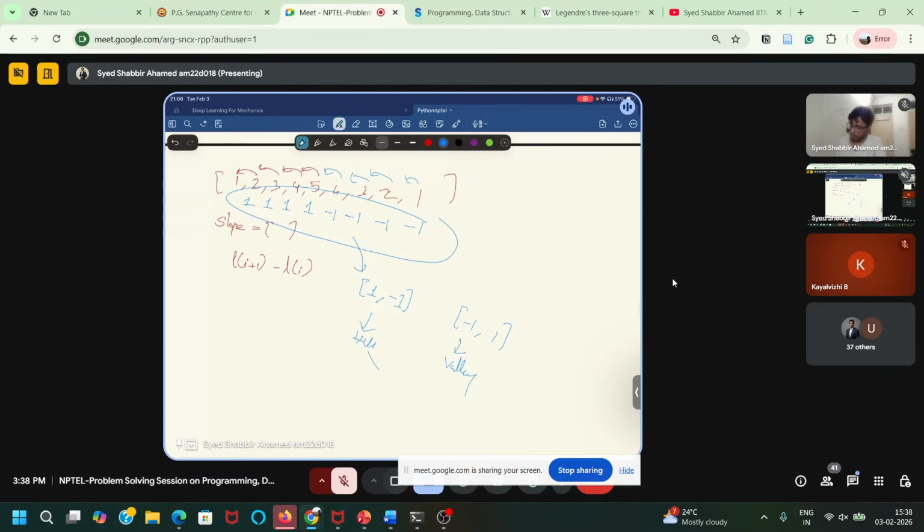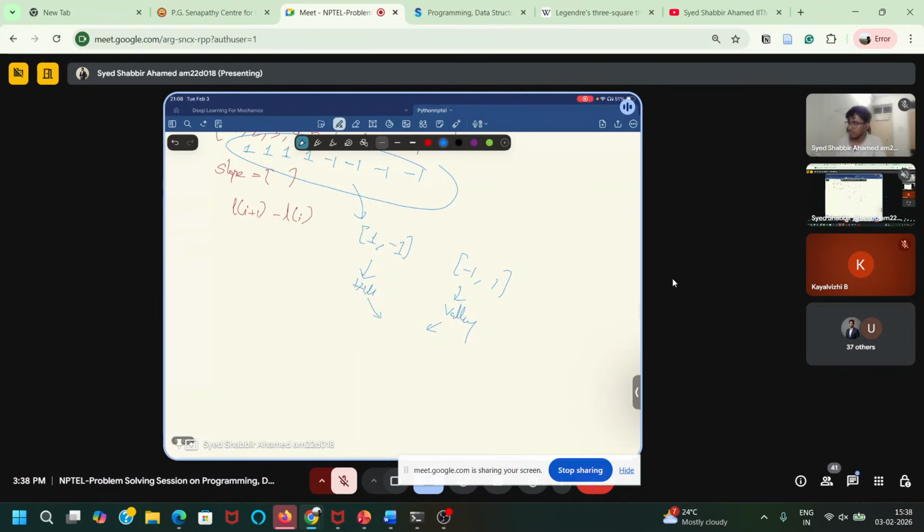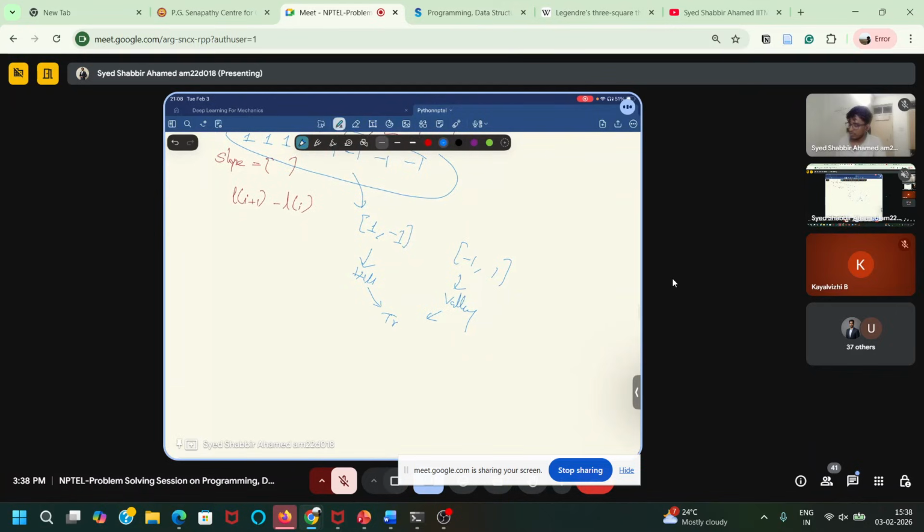You can evaluate this for both these cases, it should be true. If something else happens, then it should be false. Like if you are getting only one, or only minus one, then it should be false.